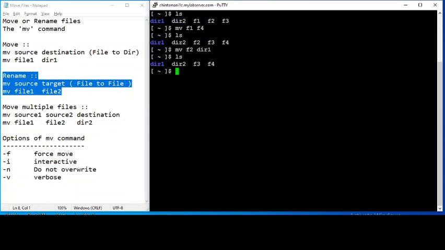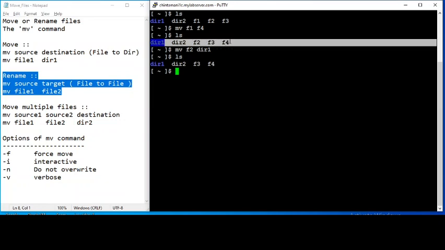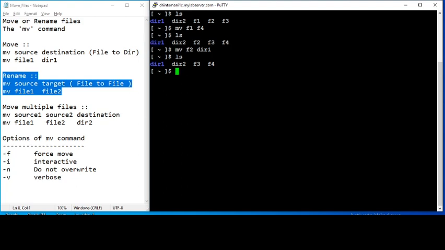If we see the ls again, earlier the ls command was showing five things, four files and one directory. Now it is showing one directory and three files, because f2 has got moved into a different directory, which is dir1. So let's do an ls of dir1. It will show you three now. Earlier there were two files. Now f2 has been moved from the current directory. If you say pwd, the current directory is /home/cmoney, and it got moved from there to a different directory, which is dir1.